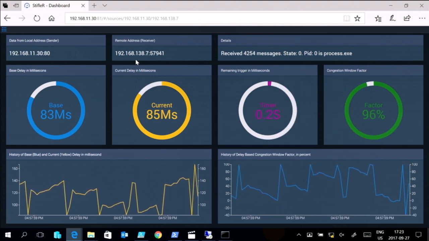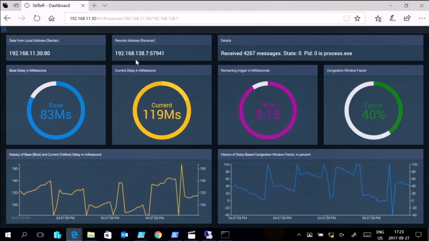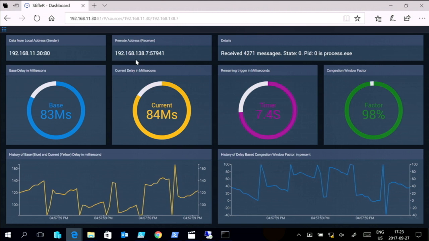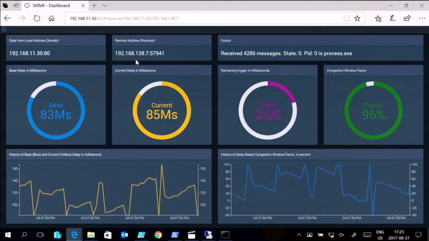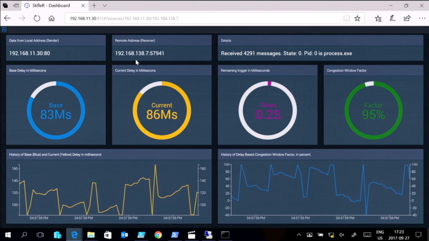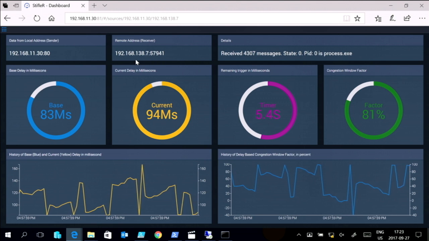All LEDBAT does is affect how many packets TCP sends per RTT, the same as any other congestion control protocol. So it wouldn't create any kind of saturation problem? LEDBAT will not create a saturation problem. That's what it's designed not to do. It will solve your saturation problems, or at least alleviate them.